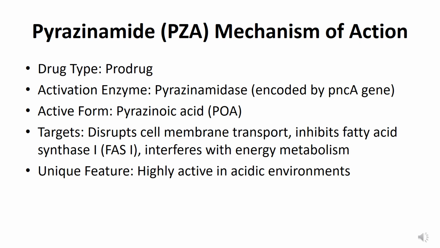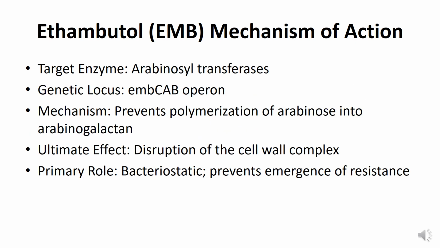In summary, pyrazinamide is a prodrug activated by the bacterial enzyme pyrazinamidase, which is encoded by the pncA gene. The resulting active metabolite, pyrazinoic acid, disrupts membrane transport, interferes with energy metabolism, and inhibits important metabolic pathways such as fatty acid synthesis. Its greatest advantage is its potent activity in acidic environments, making it highly effective against persistent bacterial populations that are often difficult to eradicate. Now let's examine Ethambutol,